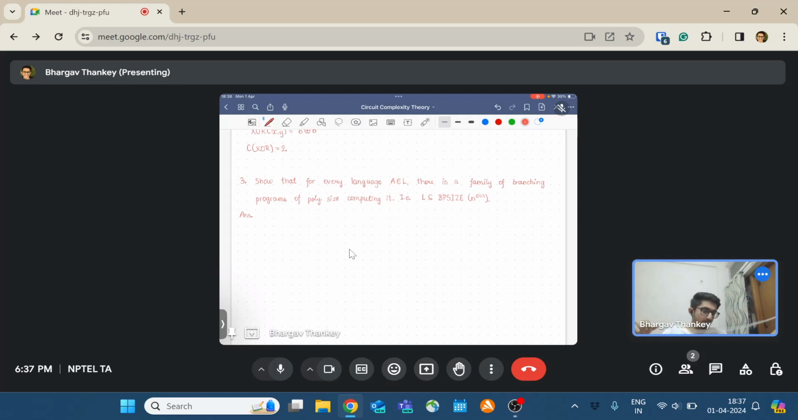Okay, so let me connect my charger. Okay, it's charging. So